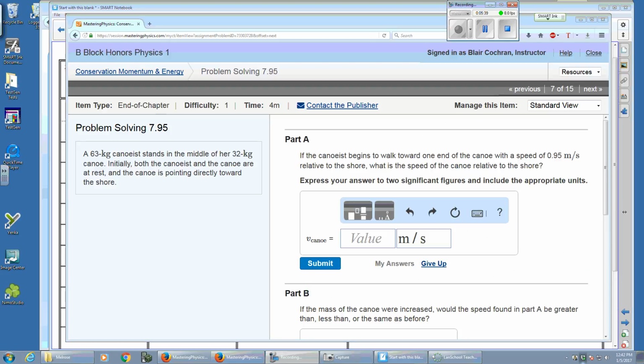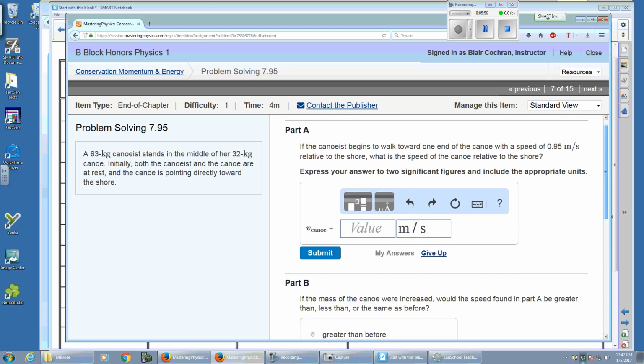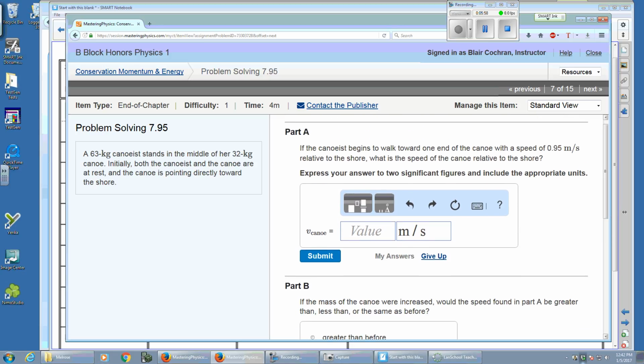Recording would be good. So 7. We got the canoeist standing in the middle of her canoe. Completely baffled. No idea what it was. Yes, I believe so. Well, this one